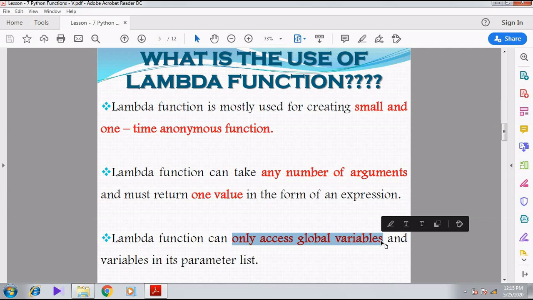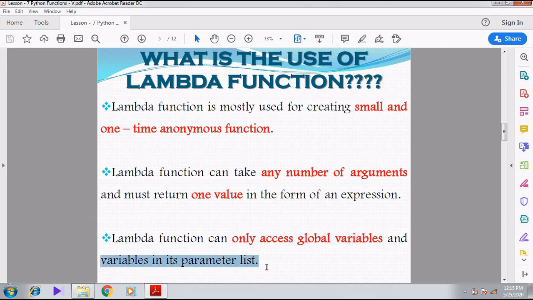At the same time, whatever variables we give in its parameter list, those variables alone are accessible.